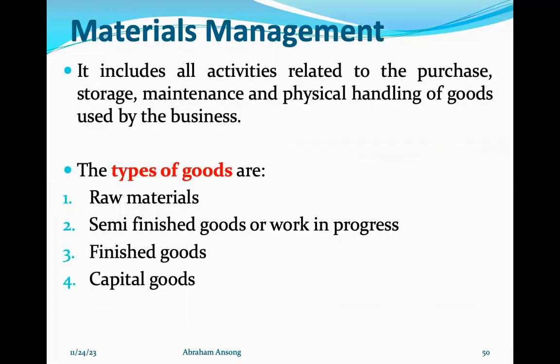Important dimensions of quality. Then we have materials management. It includes all activities related to the purchase, storage, maintenance, and physical handling of goods used by the business. It's an important aspect of the manufacturing industry. You need to pay attention to material handling. That is where a lot of wastage, damages and breakages could happen. So if you're into manufacturing of goods, materials management must be an important concern